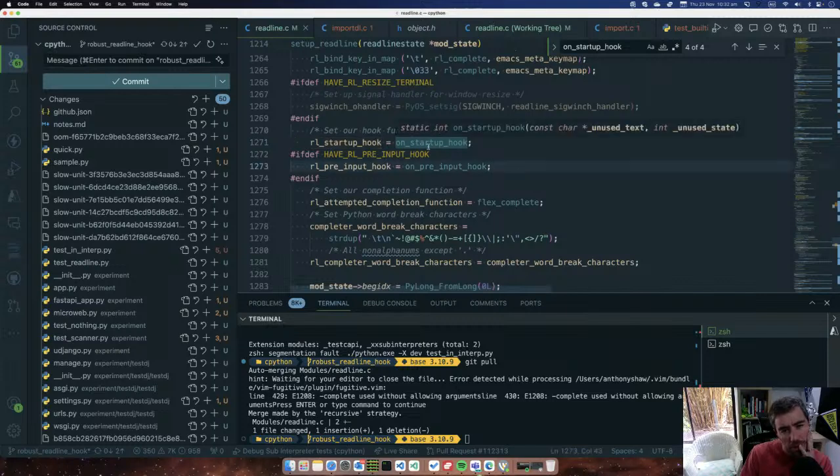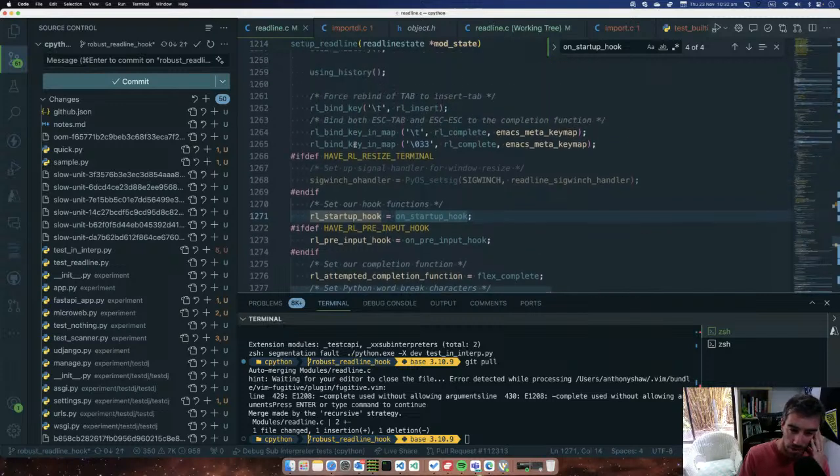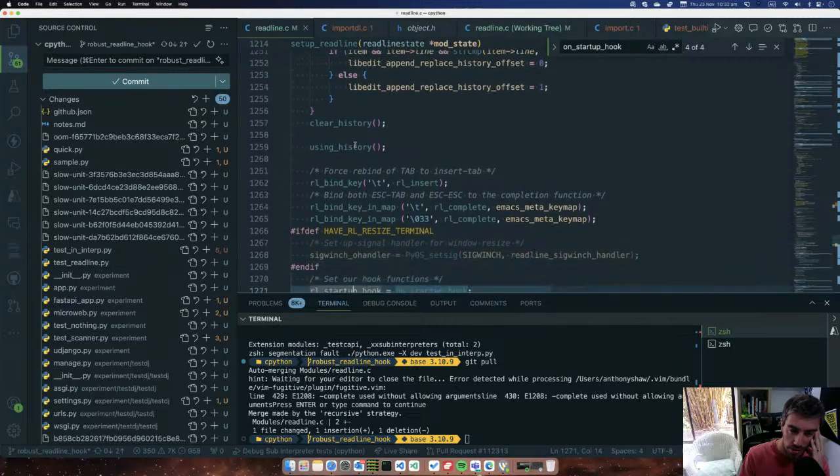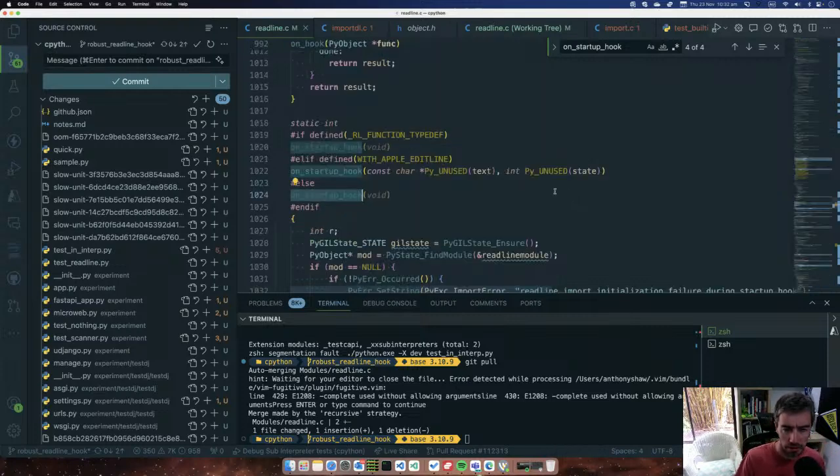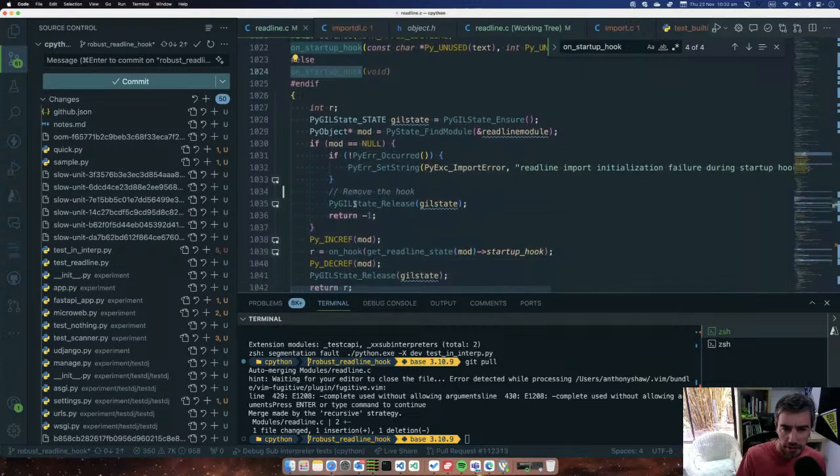But then, I guess if you imported readline from a sub interpreter and it failed the first time, but then the second time around you imported it from the main interpreter and it worked, then it would still run this code and it would still set it the second time. So that's fine. Okay, so right. Okay, so